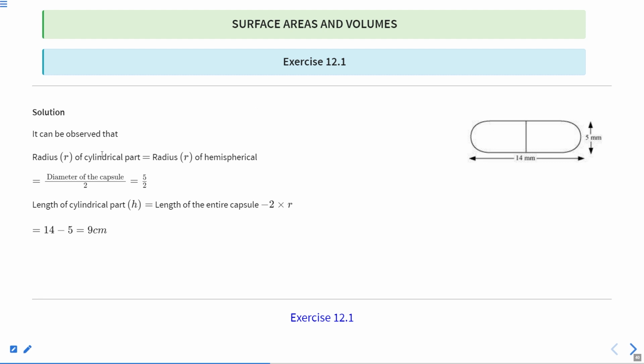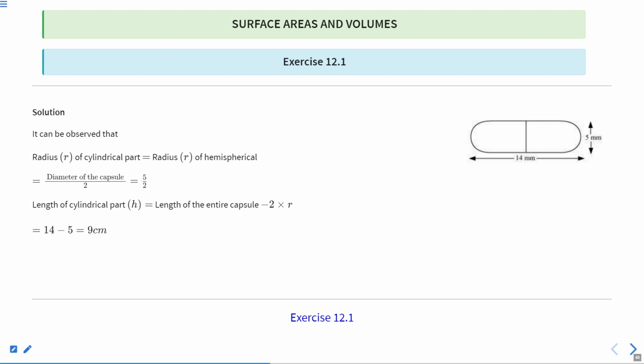So radius r of the cylindrical part is equal to radius r of the hemispherical part, and here we are given the diameter of the capsule is 5 millimeter. So the radius of the cylindrical part is equal to the radius of the hemispherical part, which is 5 by 2 millimeter. And now the length of the cylindrical part is equal to the total length of the capsule minus